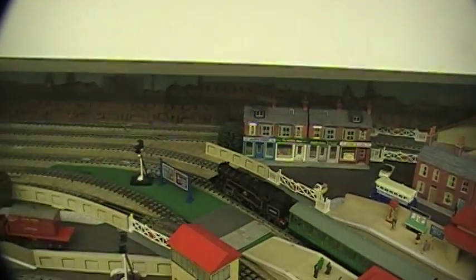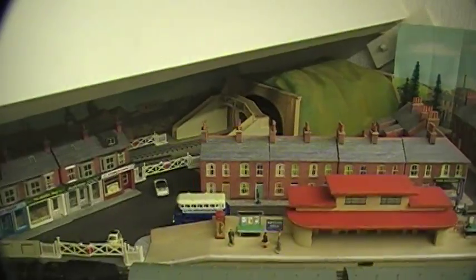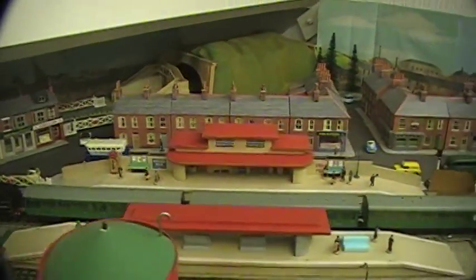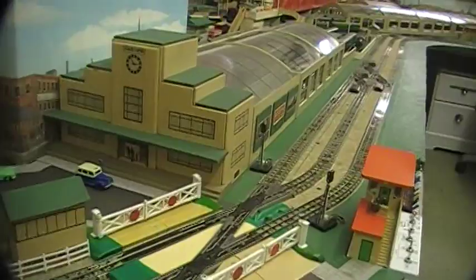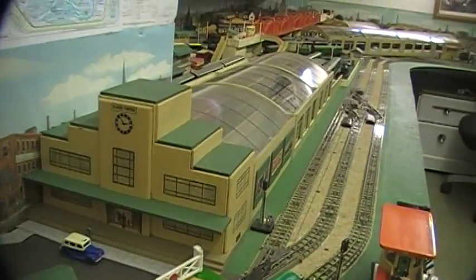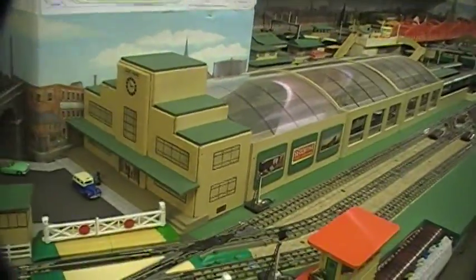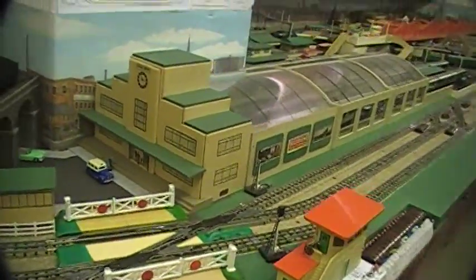There's 4 lines going around, the 4 main lines. There are two going through the tunnel there and two coming via this station here, and then I have another line that connects all the 4 lines together, and the stations, everything. Here's the original Double O King's Cross station, the pre-war again,